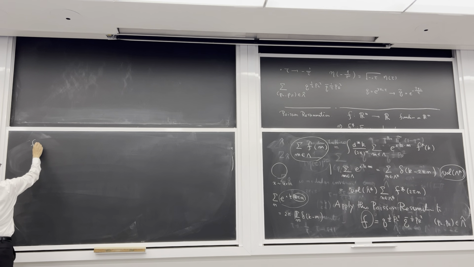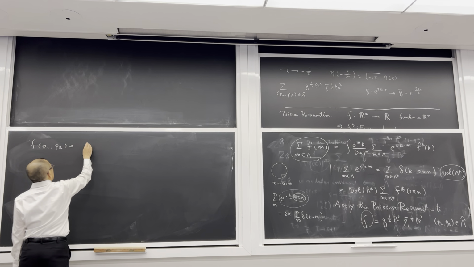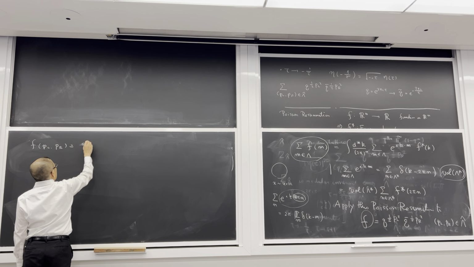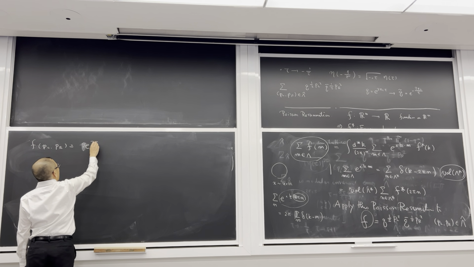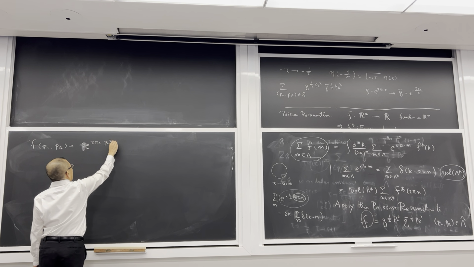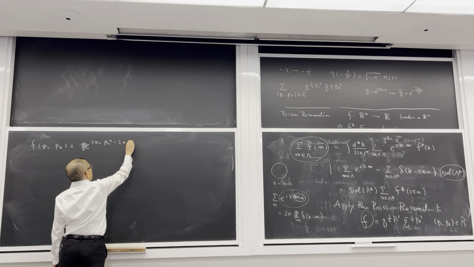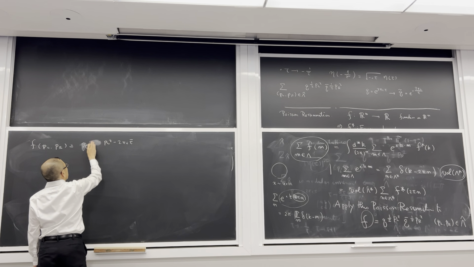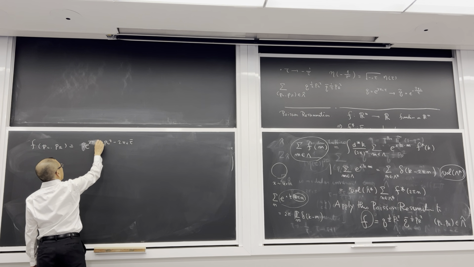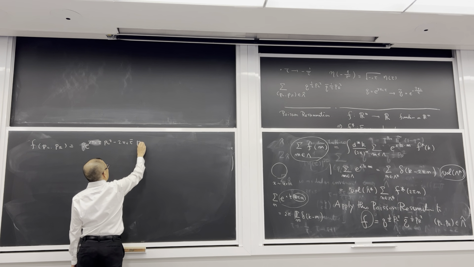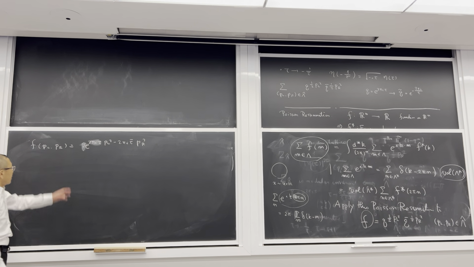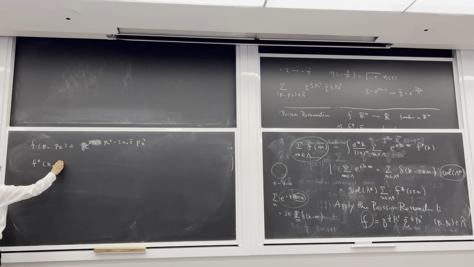So f of p left, p right is defined to be q, namely that e to the 2 pi I of p left square minus 2 pi I tau bar of p right square. So this is f. So what is f star? So k left, k right